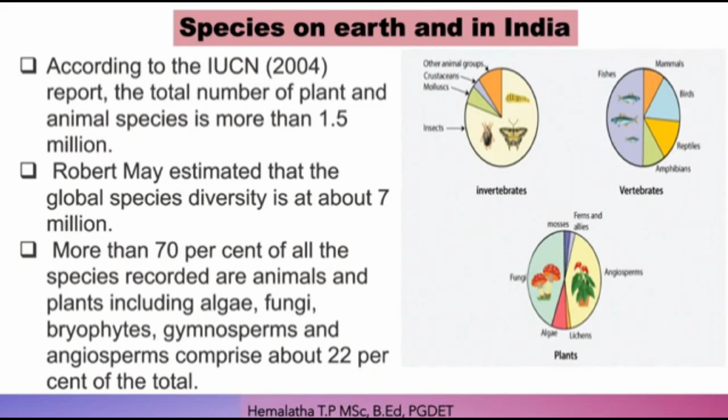But you can imagine that that is not the end of the living organisms on the earth. There are so many organisms which we can't even imagine. We don't know the names of many plants and animals at all. Even now, the taxonomists are working on those organisms, naming them and classifying them into separate groups. All this is still going on. So as of now, we can consider there are more than 7 million species on this earth.